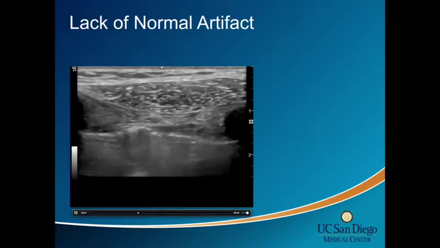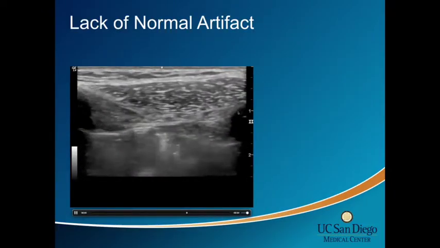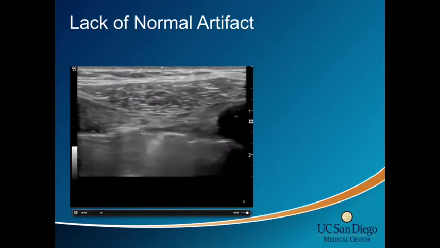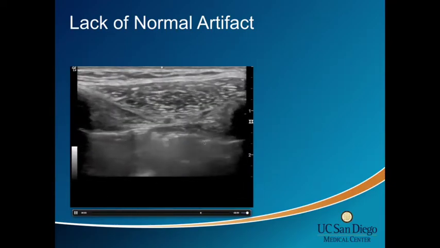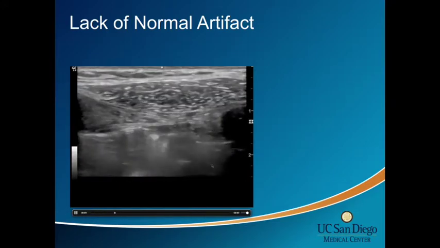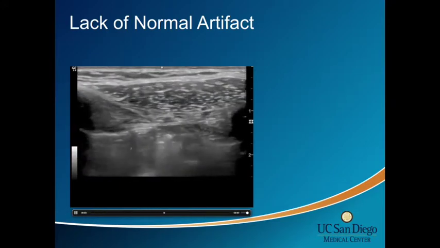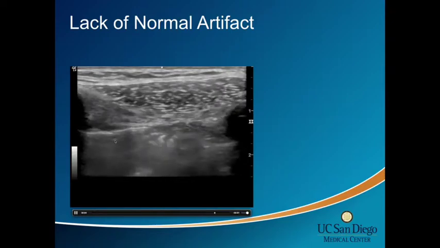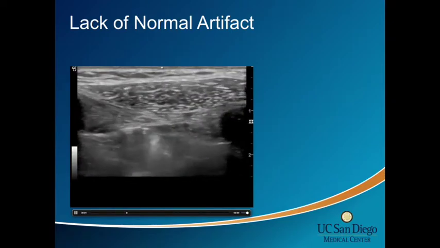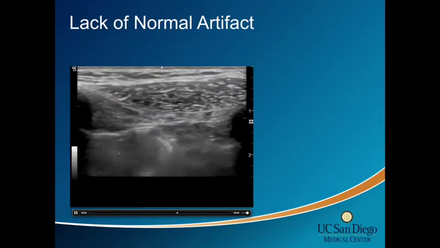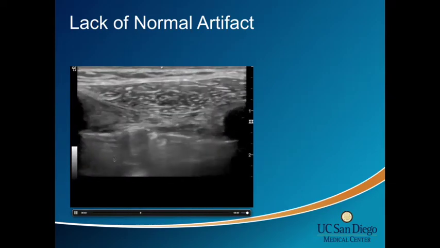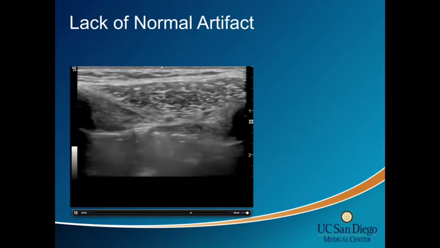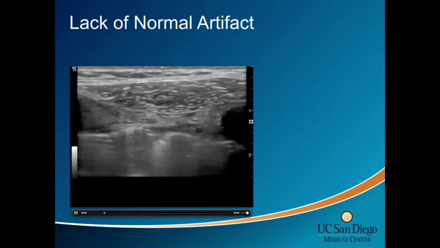So here's another lack of a normal artifact, and this is a linear probe, very superficial. You can see a rib here, a rib here. You can see the sliding here with maybe a little bit of ring down, but look here, there's no sliding there. And so there's a wide differential for when you have lack of sliding, because now you've lost that artifact. But in this case, when you can see sliding and then suddenly a jump to a lack